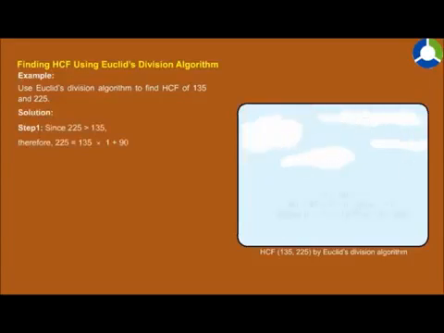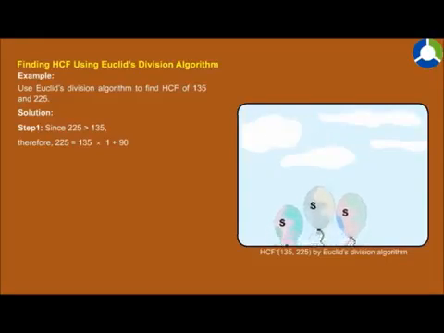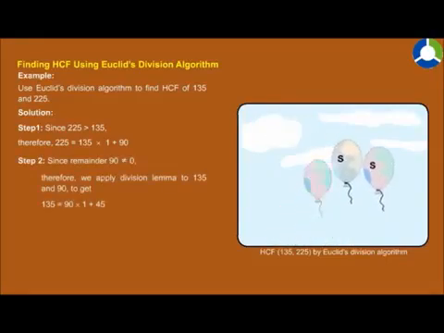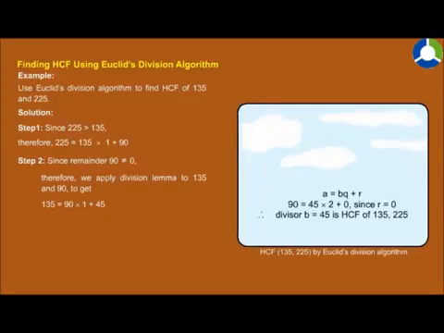Step 1: since 225 is greater than 135, 225 = 135 × 1 + 90. Step 2: since the remainder 90 is not equal to 0, we apply the division lemma to 135 and 90 to get